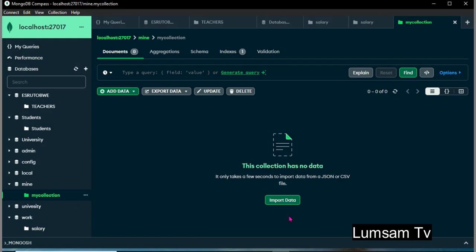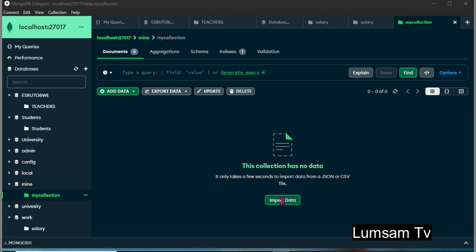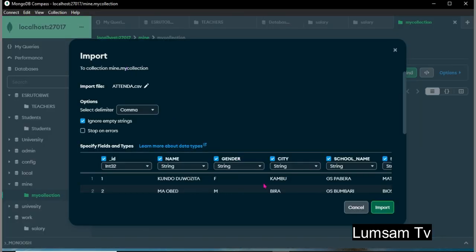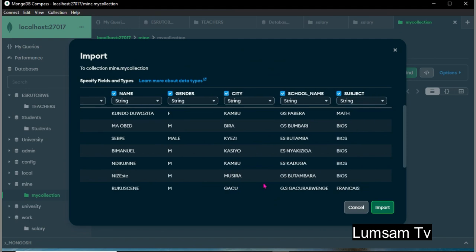So then importing is here. Import data into our collection. Click here, then you go to attendance, this one. You see our data, how they look like.